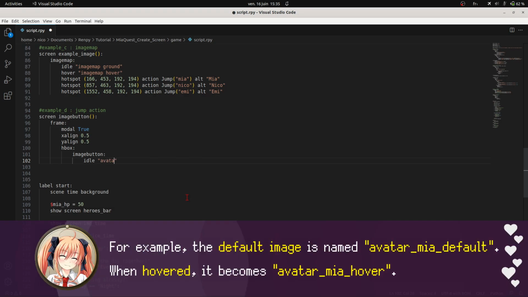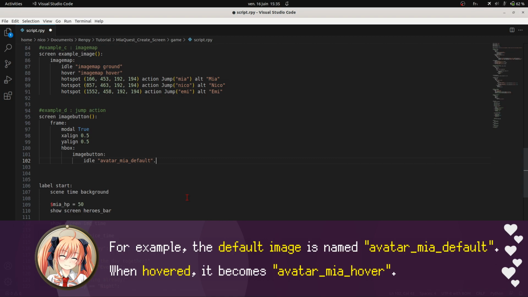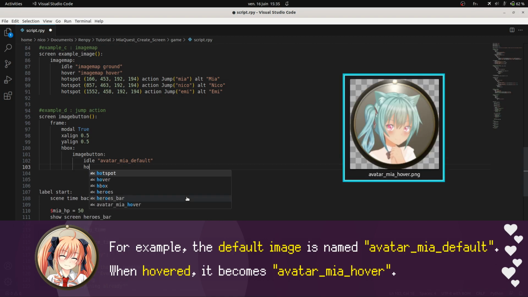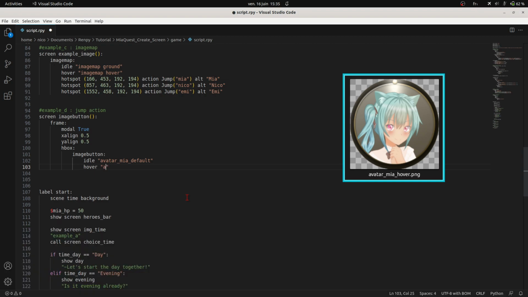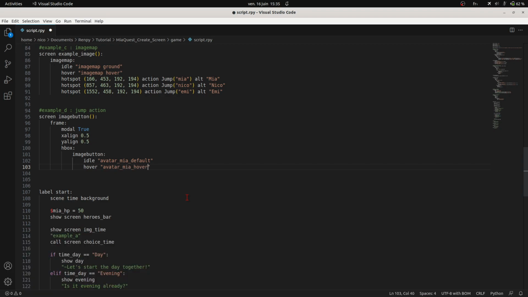For example, the default image is named avatar_my_default.png. When hovered, it becomes avatar_my_hover.png. Let's continue creating this screen by adding the potion companion images.